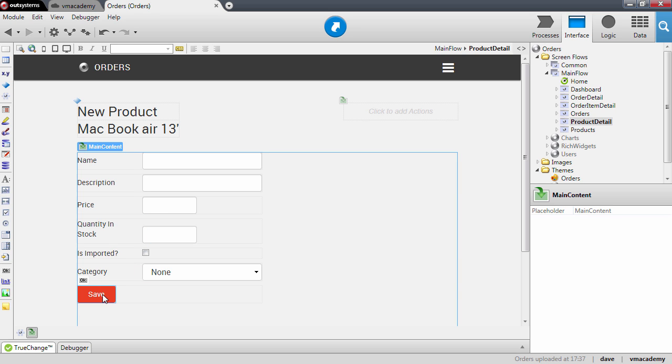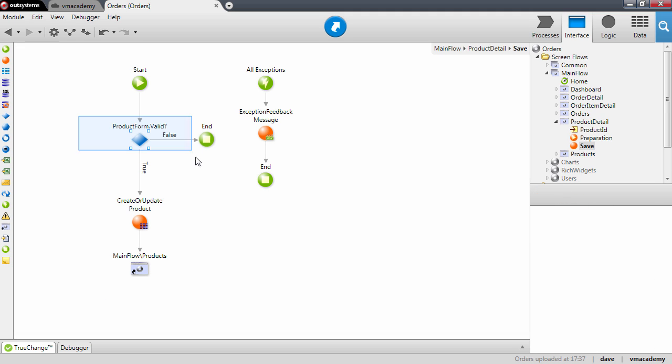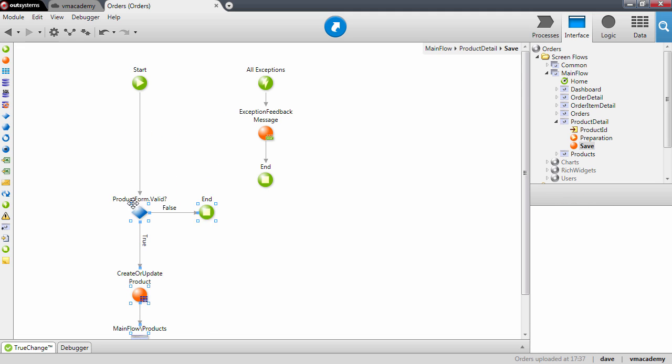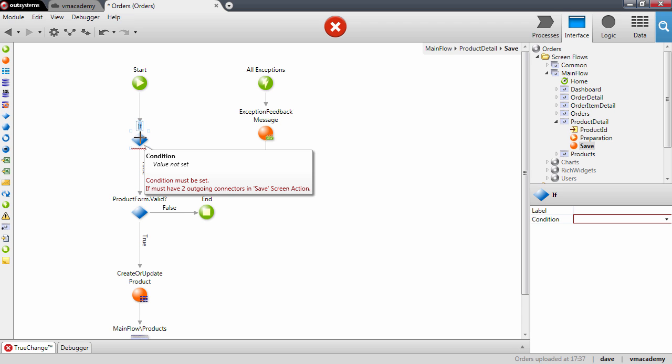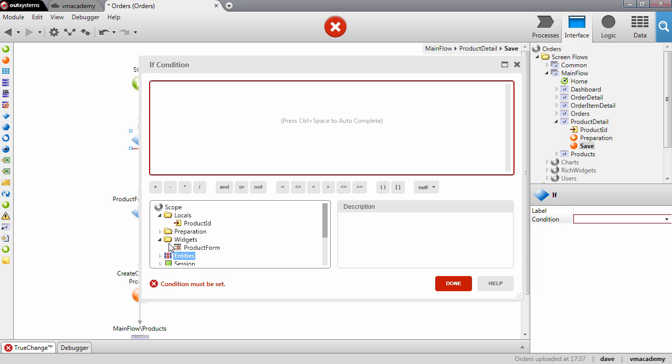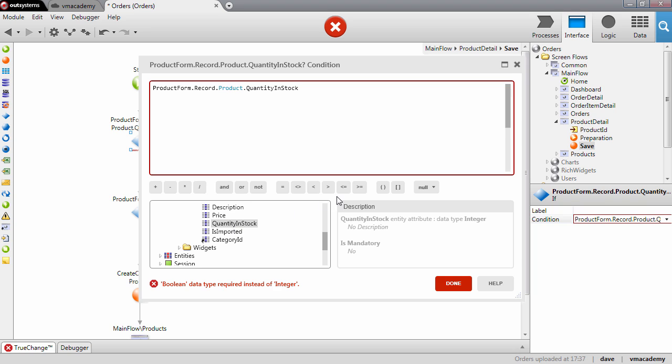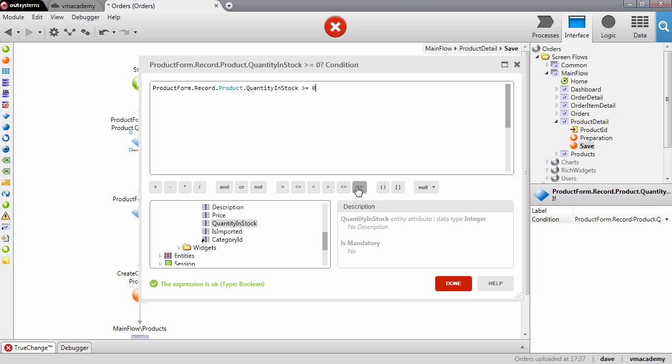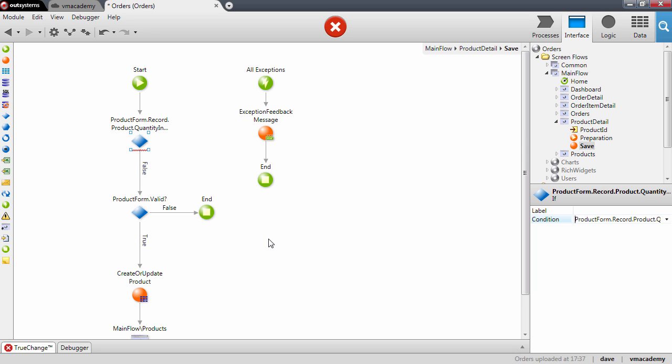So here in the save action, what we want to do is create some logic that validates if the quantity in stock that the user filled in is actually greater or equal than 0. And we will do this again with an if. Here in the condition, let me double click, set the condition. I want to validate if the quantity in stock is greater or equal than 0. And if it is, then I want to continue. If it is not, so here on the false